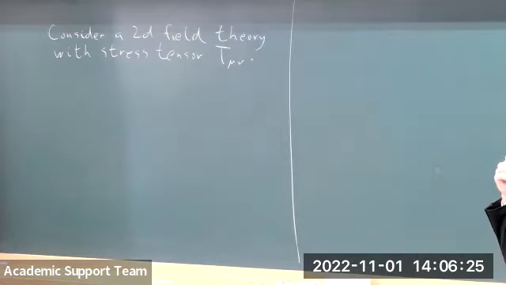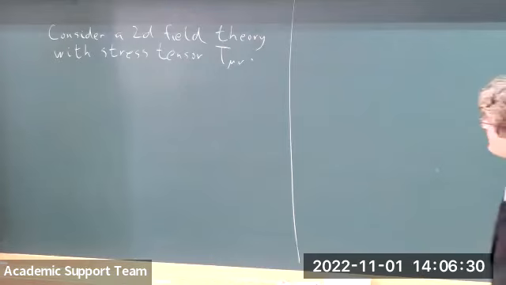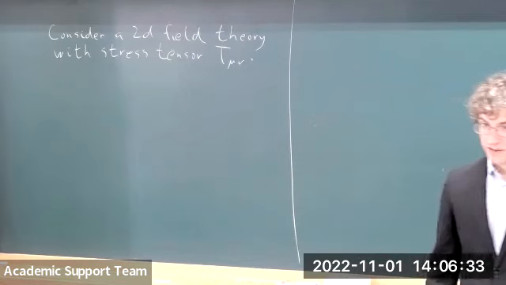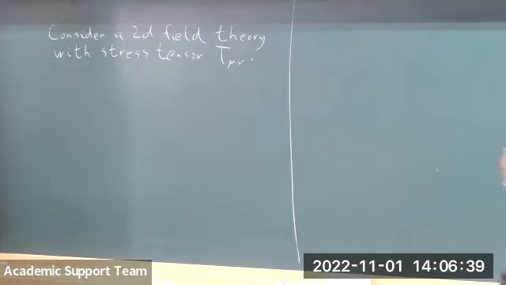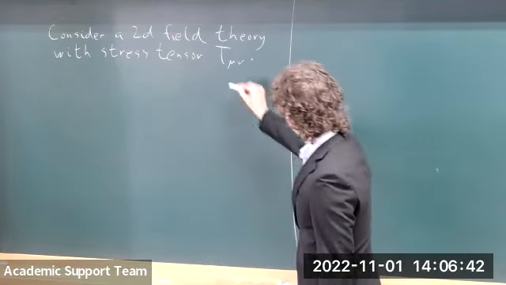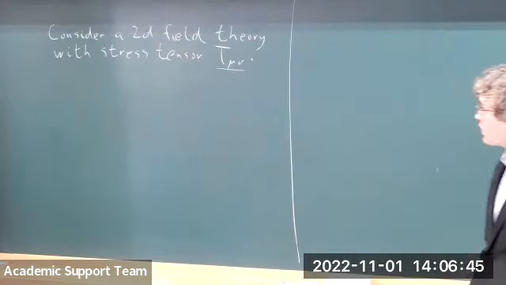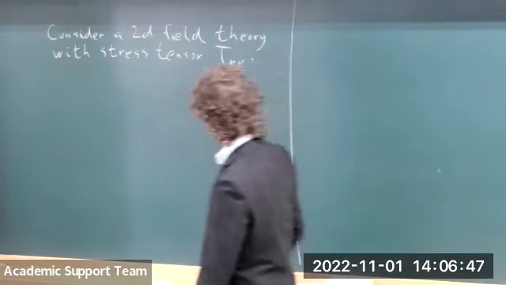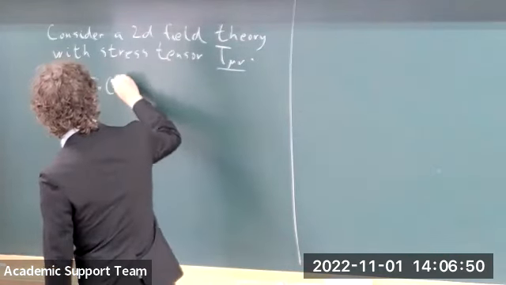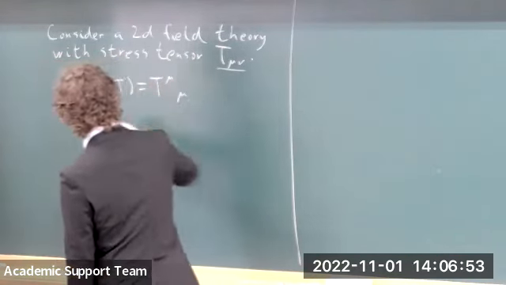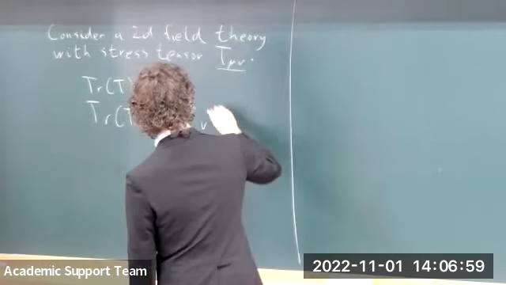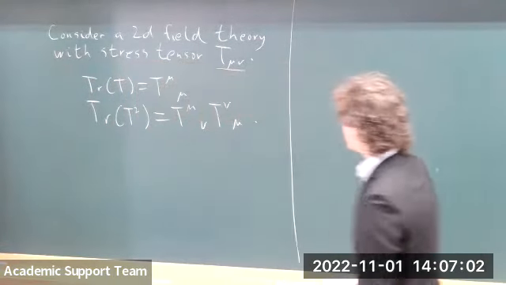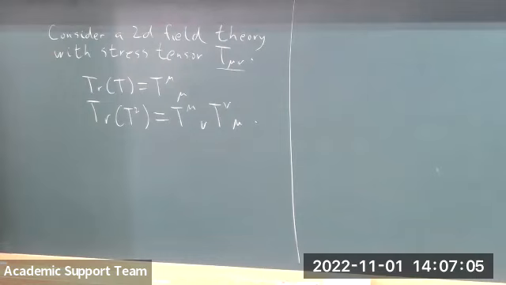And if we were trying to construct a deformation of a two-dimensional field theory built from T, what you might think to do is to enumerate the Lorentz invariants that you could build from the stress tensor. The stress tensor is a second rank tensor, symmetric, of course. So any 2x2 matrix, which is what the stress tensor is in components, has only two independent traces that one can construct from it. So you can construct the trace of T, which is T mu mu, and the trace of T squared, which is T mu nu, T nu mu. And these are the only Lorentz scalars that can be constructed from this object.